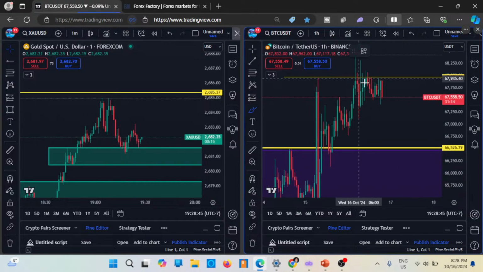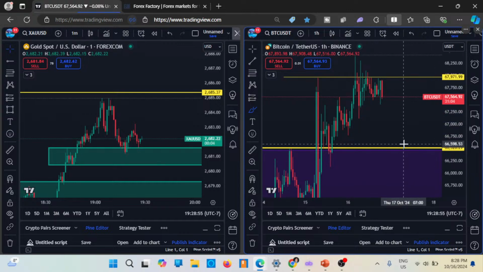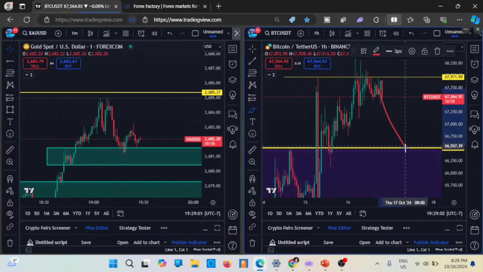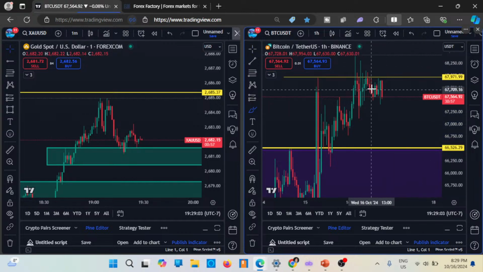And I told you guys on the last live from earlier this morning that if we get rejected here again, we're most likely going to come back down to the support at 66,600. So I think Bitcoin is slowly making its way back down here. It's slowly making its way back down. So for Bitcoin here,